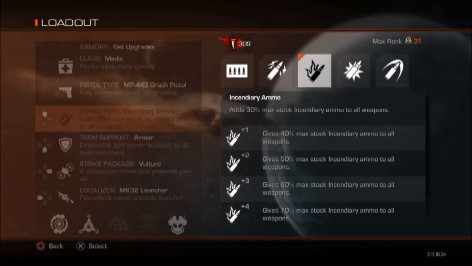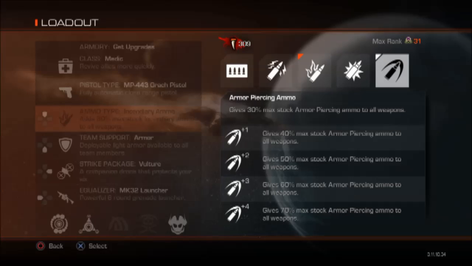first of all, in solo runs you're by yourself. Second of all, like I said, if you unload your clip but miss the last couple shots to kill it, the fire eventually burns and kills it. It's really nice. Armor piercing ammo is when you're running